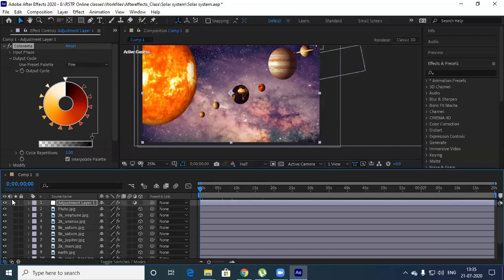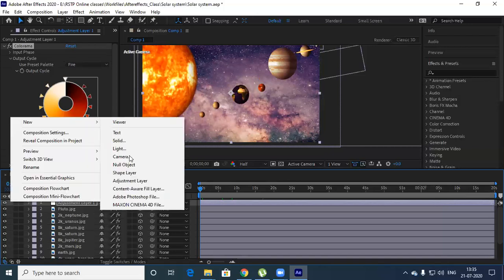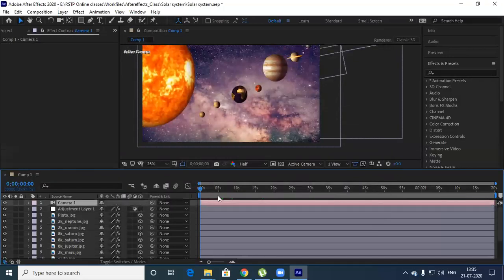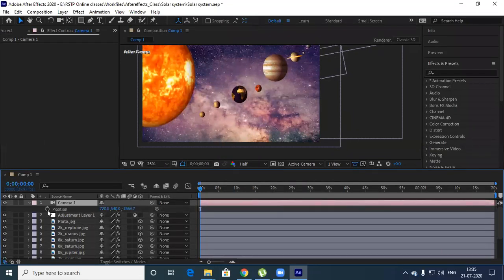Above adjustment, I'm going to import a new camera. Now this is a camera. I'm taking a 35 mm camera, so you have a zoom lens in this. Now camera position animation. So I'm animating this camera here.